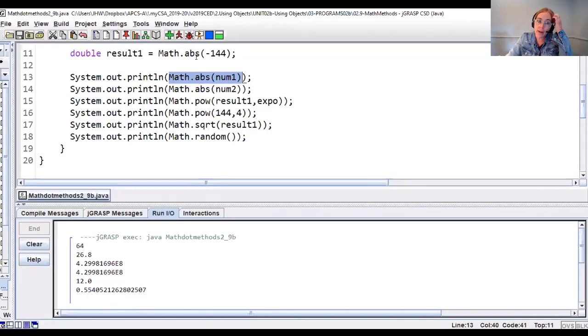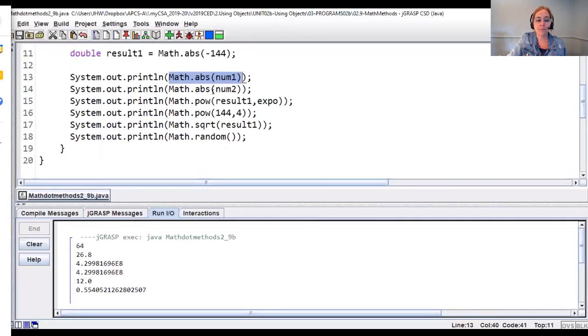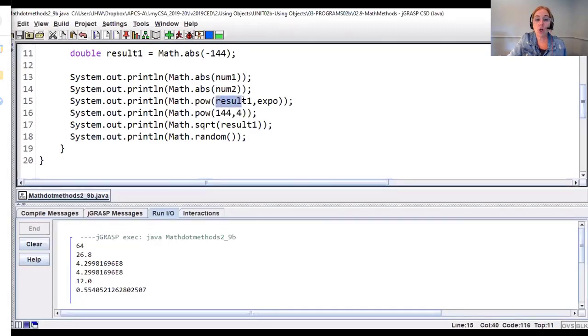I just went and grabbed this absolute value of negative 144 and raised that to the exponent that I declared here of 4. And then I did the same thing manually. Here's where I called power of using 2 variables as my parameters,